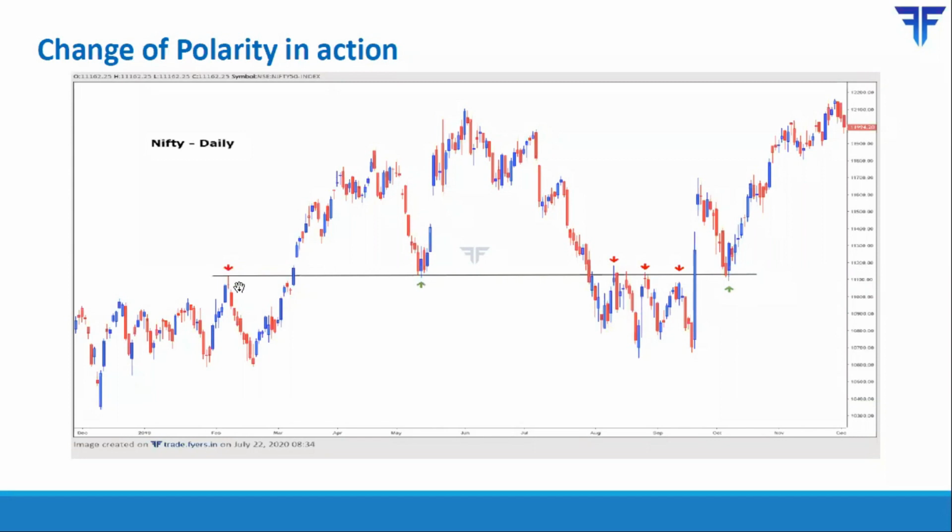This particular region, which was a resistance, became a support at this particular point in time. So after this steep fall, for almost like 4 days, Nifty consolidated near this former resistance, took support at that former resistance, and then started going higher. So see how well a former resistance converted itself to support going forward in time. From here, price rallied, again started drifting lower.